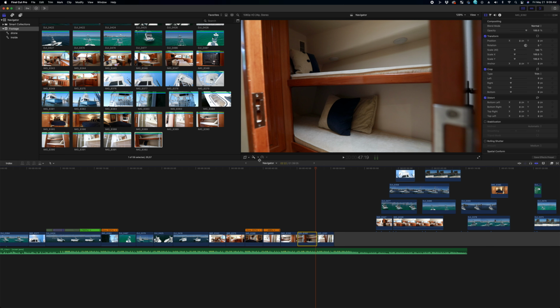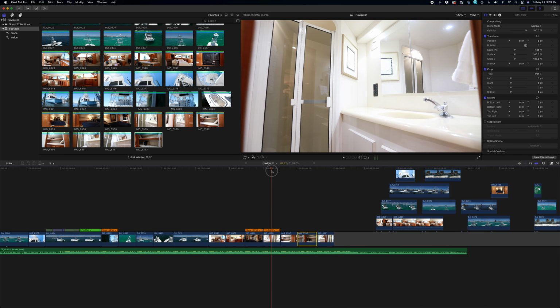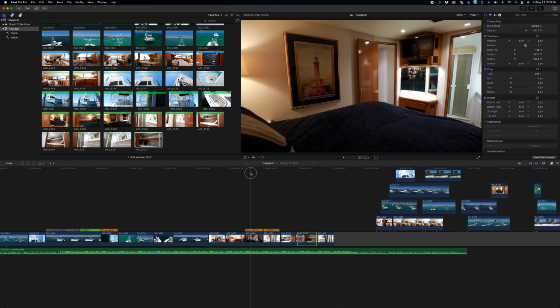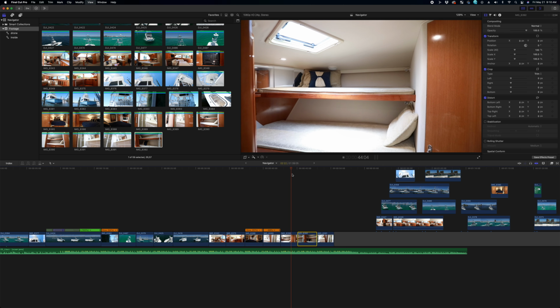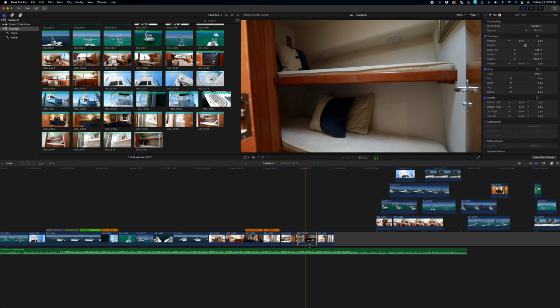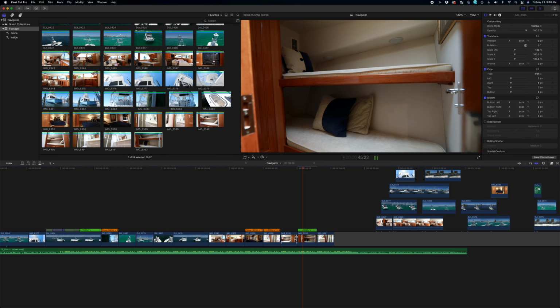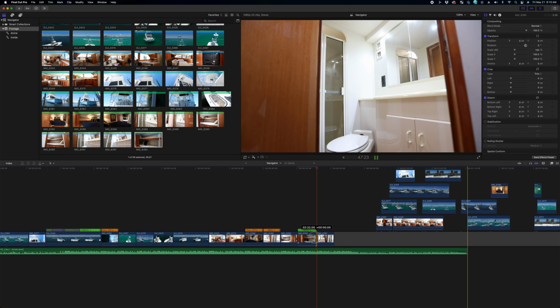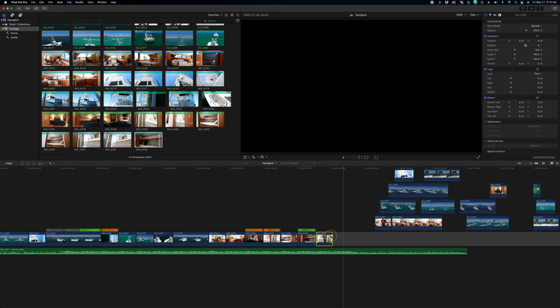Okay, and again too, the camera work: if it's going in this way, don't make it go in twice. If it's rotating the same direction, don't make it rotate the same direction. And so for that, easy peasy, we're just going to reverse the clip. Okay, and then we're going to go back to the salon shot, and then when it fades out here, we're going to